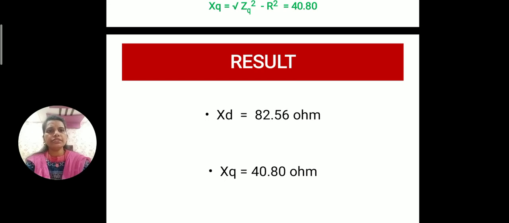Okay, here we can say that the direct axis reactance is greater than the quadrature axis reactance. Okay, direct axis means what? We already discussed. The direct axis is along the center line of the pole for a synchronous generator, and the quadrature axis leads the direct axis by 90 degrees. Okay, so Xd is greater than Xq, remember that value.